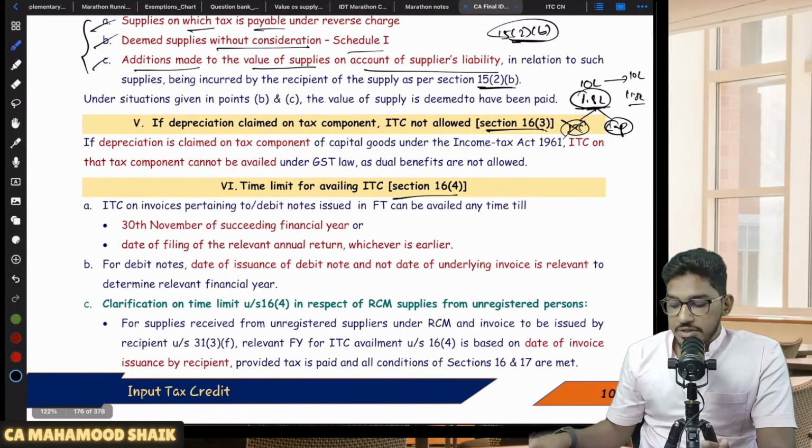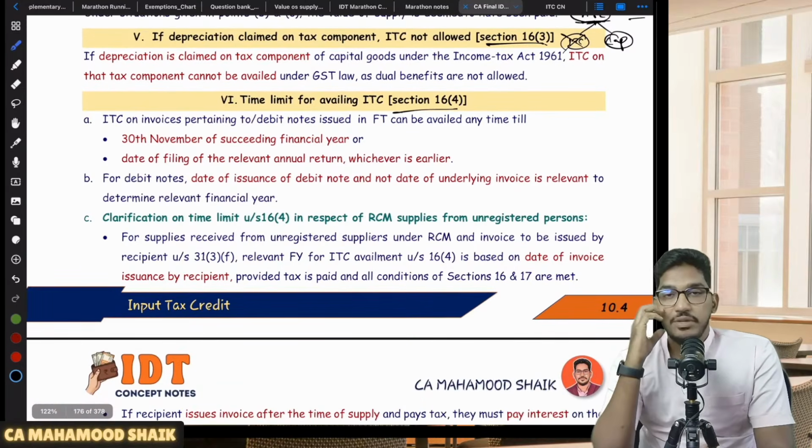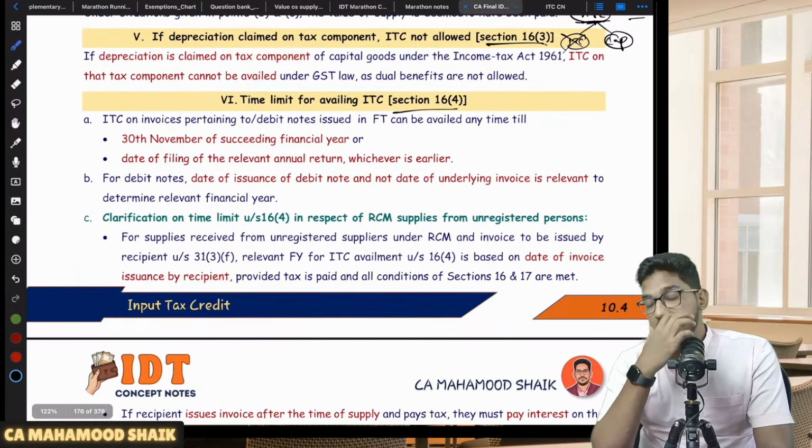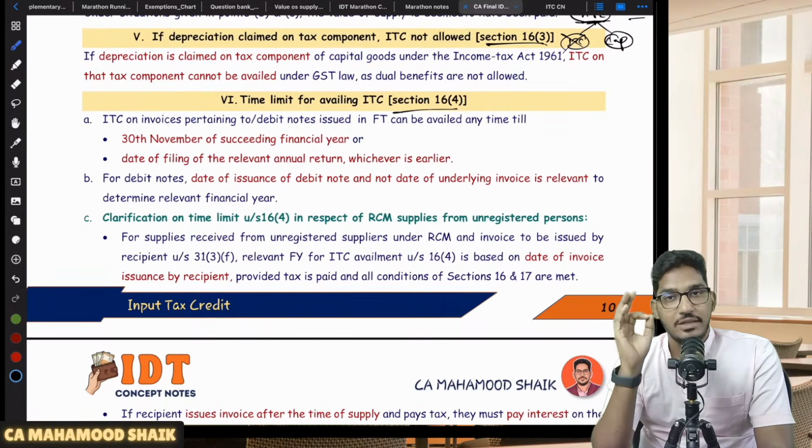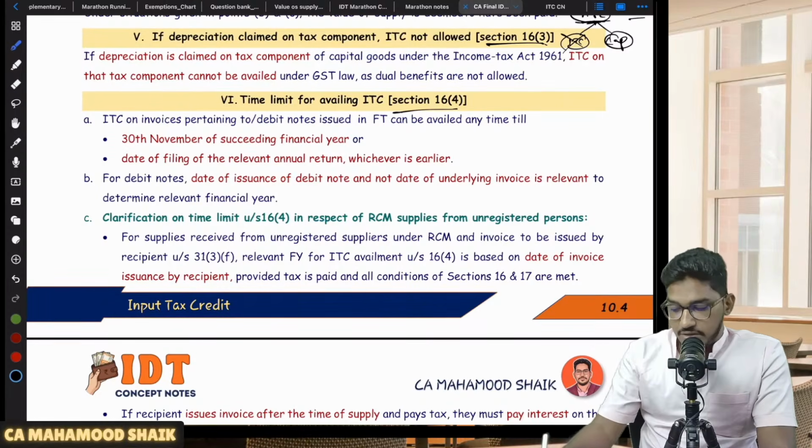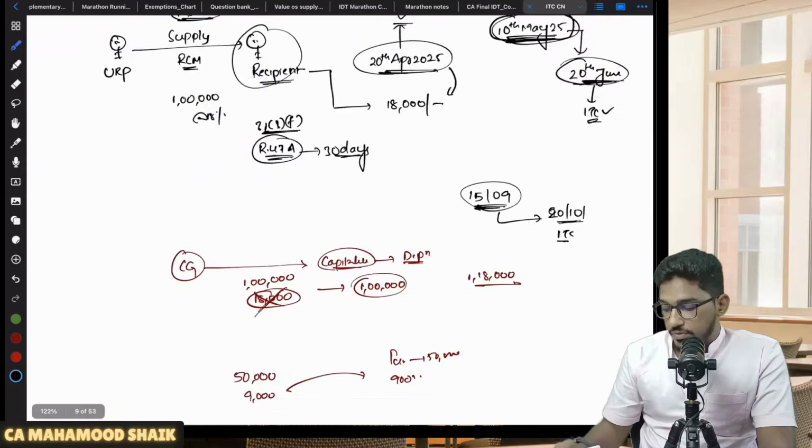Thereafter we have 16 subsection 4, which talks about the time limit for availing the input tax credit. What is the maximum time limit within which you are required to avail the input tax credit? Sir, let me put it this way. Let us say,